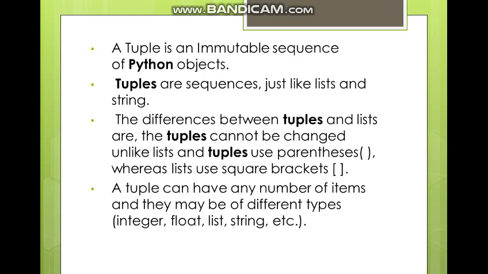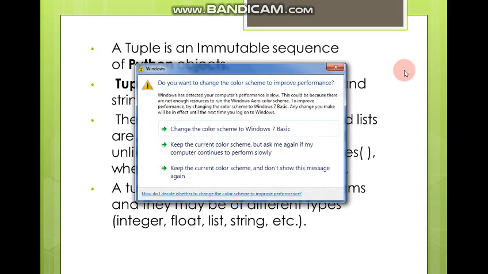The difference between tuples and lists is that lists are mutable and tuples are immutable, and in the syntax, tuples use parentheses for declaration and storing the objects, whereas in the list we use square brackets. And just like a list, there's another similarity: they can have heterogeneous elements in them, like an integer, float, string, list, etc. simultaneously.